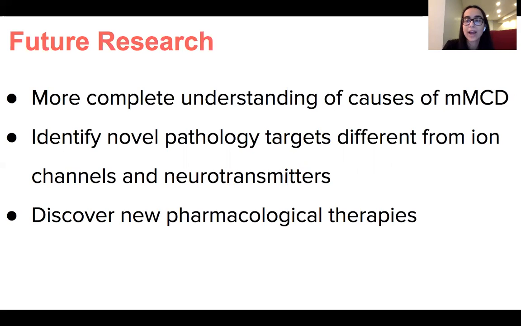So this way we can identify new therapies and medications despite the ion channels and neurotransmitters, looking more specifically into biochemical pathways associated with the MMCD and looking specifically at what isoforms need to be targeted and such. So also this can be used in other epileptic disorders, not only temporal lobe epilepsy, but also specific ones such as Sturge-Weber and many more.